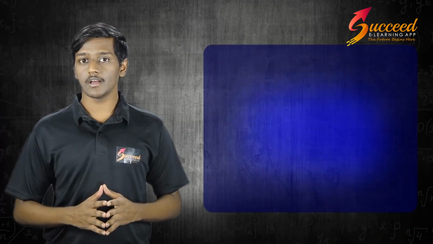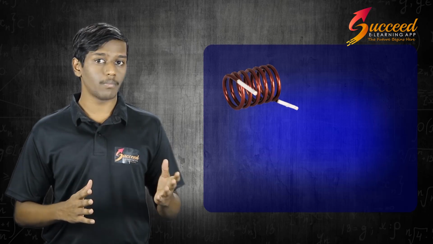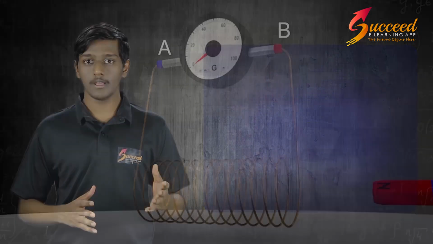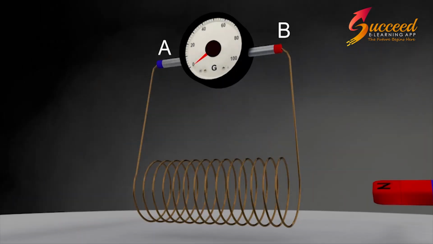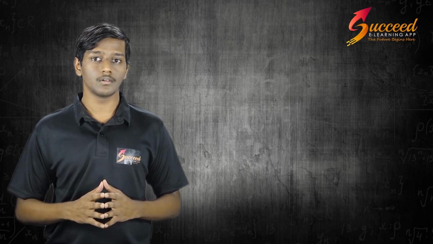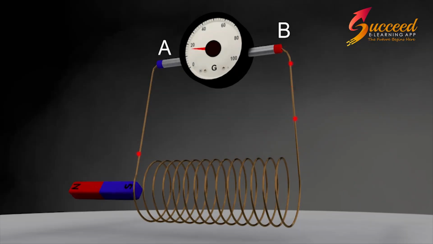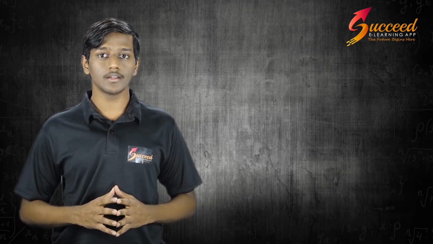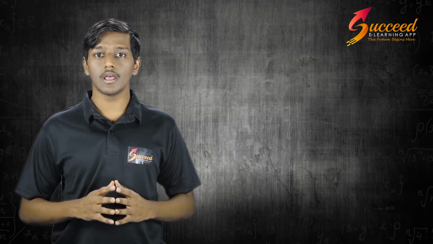Okay, now let us take a coil with a number of turns, a bar magnet and a galvanometer. Now let us take the coil AB and connect it to the galvanometer. Let us take the north pole of the magnet and move it towards coil B. We can see a momentary deflection in the galvanometer. Now let us take the magnet away from B. Now we can see the deflection in the galvanometer is opposite. Thus we can conclude that whenever the bar magnet is moving with respect to the coil, a current is induced